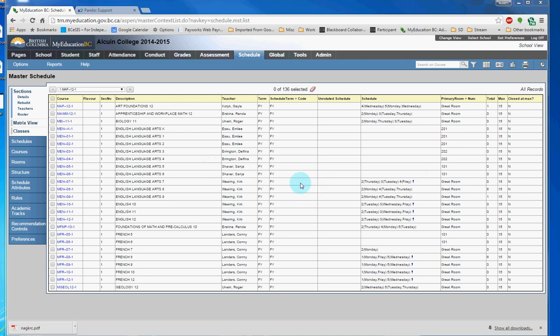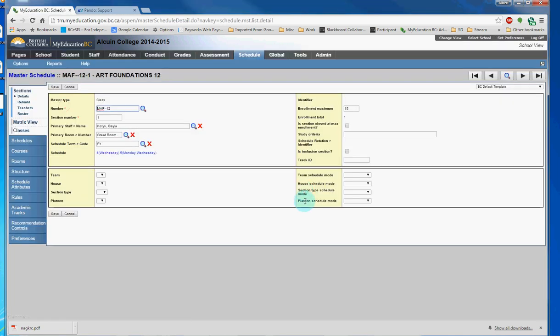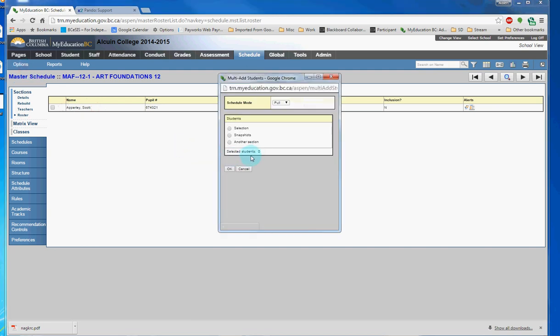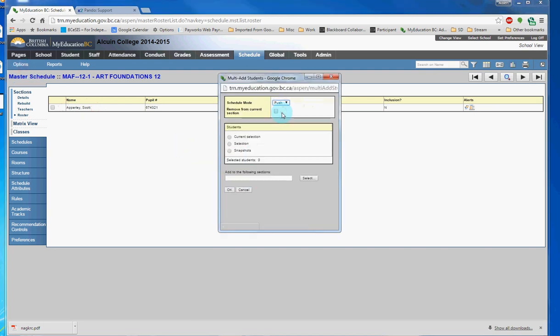The last way to schedule students is using the push method. This way will not remove the students. So we'll use our Art Foundations 12 class. Again, click on Roster. You'll see that my previous student is still in here, which is fine. Options, Add. And this time we'll use Push. And what we can do is we can,